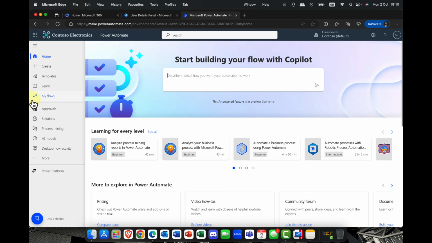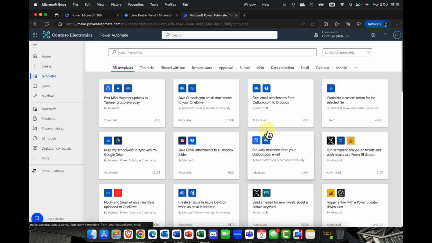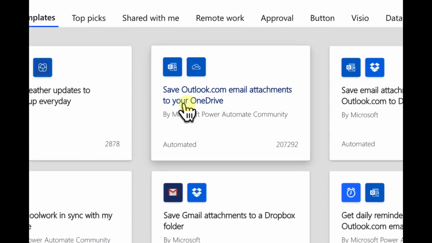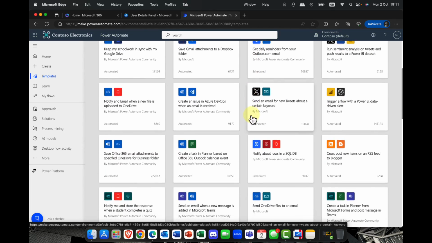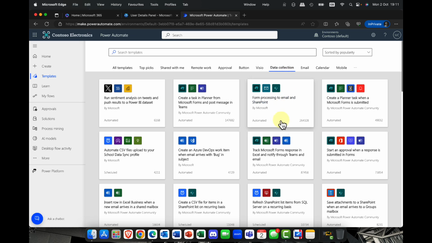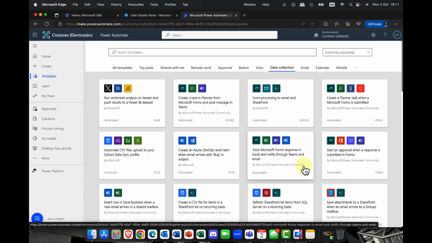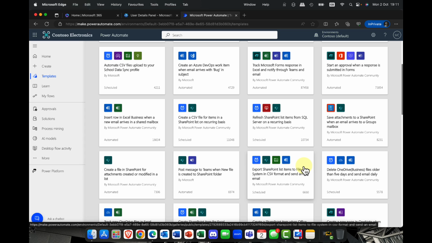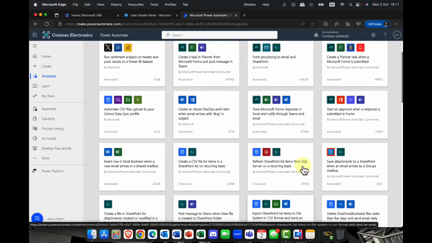game-changing scenario, I think. As you know, this particular tool comes with a whole host of different templates that you can use. So it can be from the most simple as things like saving an email attachment to a Dropbox or a OneDrive to something much more complicated. So you could go for things like data collection. So if you've got users that are filling in forms on your website and you want to export the data into a spreadsheet, or maybe you want to export it into a graphics application, then this is the tool for you.